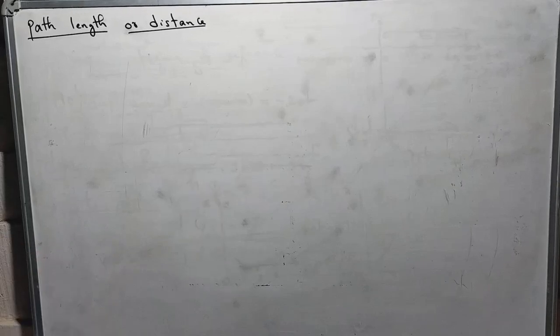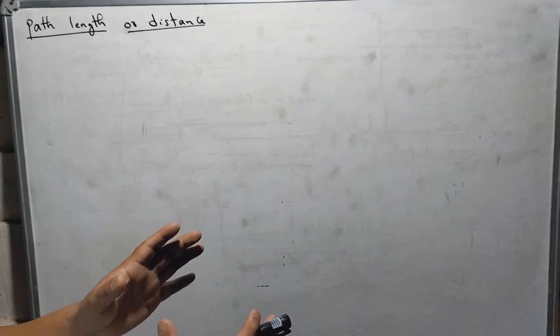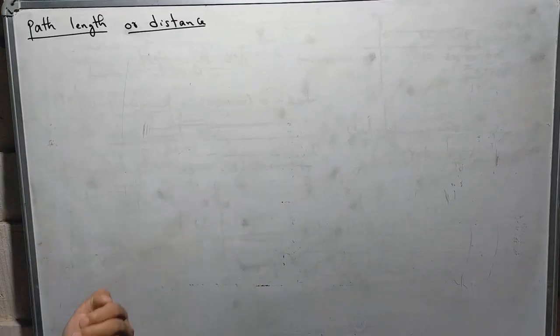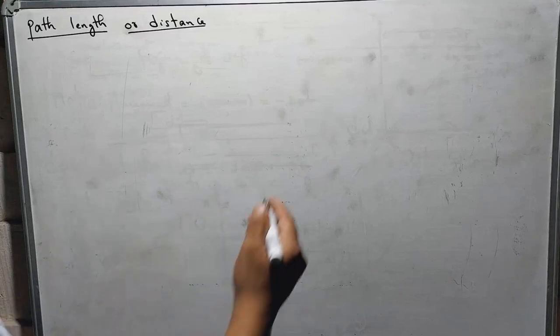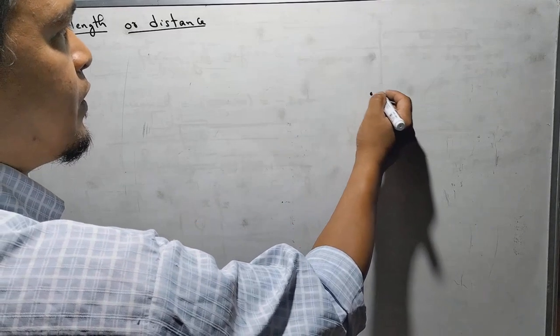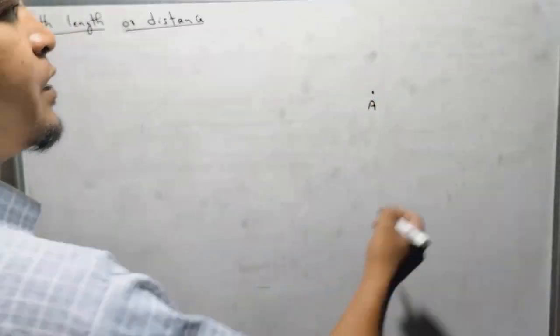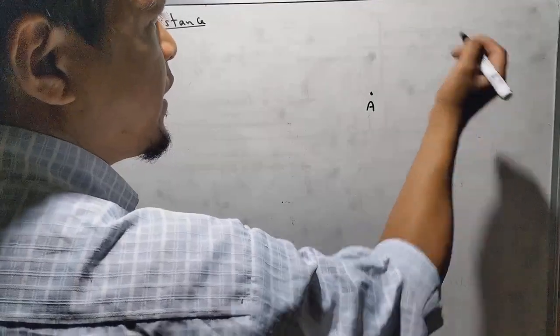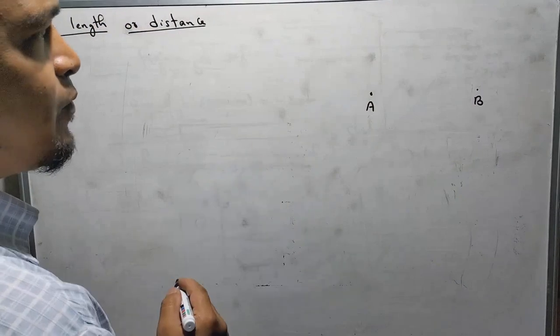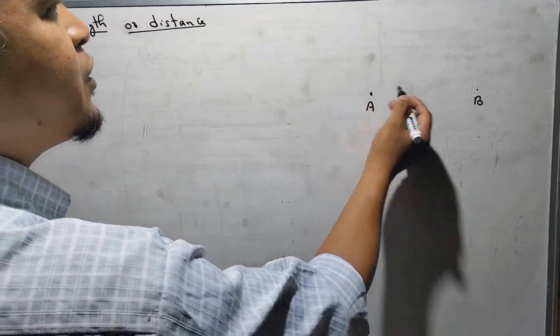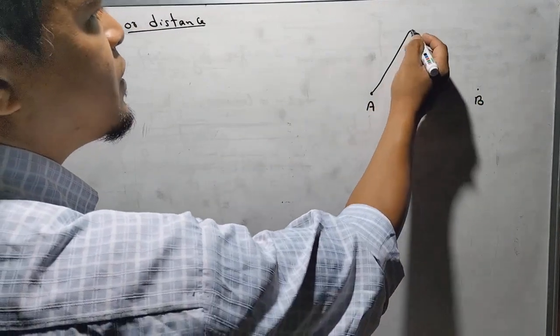Path length or distance. This path length is defined as the actual path which has been traversed by a body. For example, this is the starting point and this is the ending point. If the body moved from point A to point B along this path,